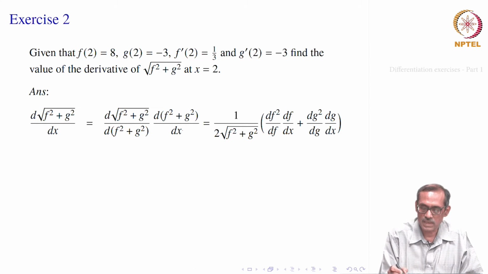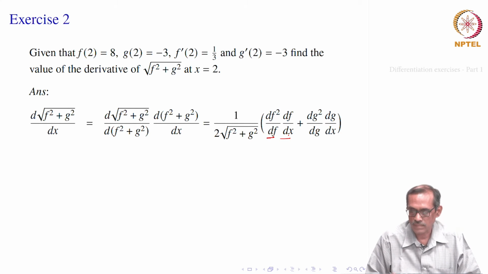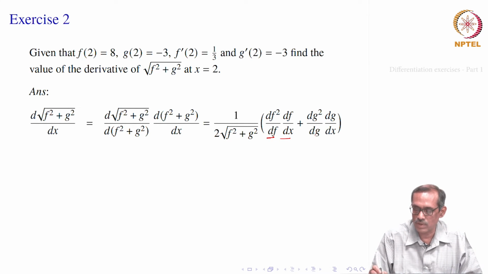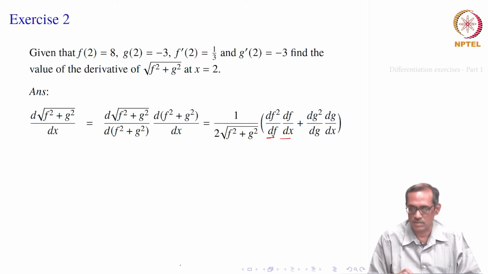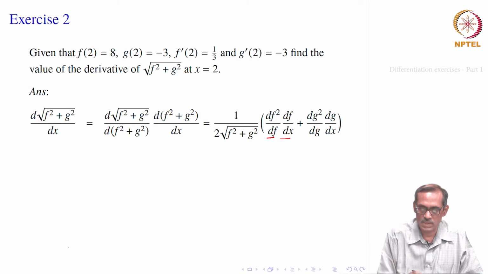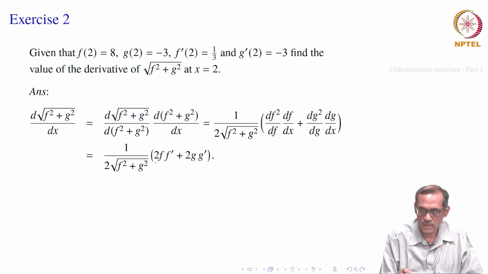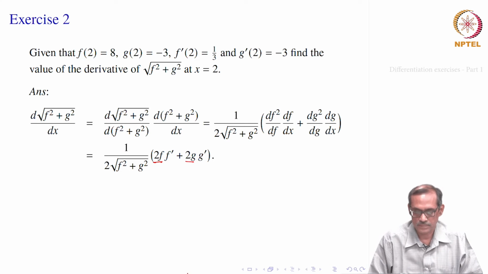Then we differentiate f square plus g square with respect to x. Again, df square with respect to x we want. So, first we differentiate with respect to f and then f with respect to x. Similarly, g will be d of g square with respect to g and dg by dx, and they will be added together with our plus rule. So, that is how it will look now. Now, d of f square with respect to f would give us 2f, and then df by dx is f prime anyway. Similarly, dg squared by dg is 2g times g prime.